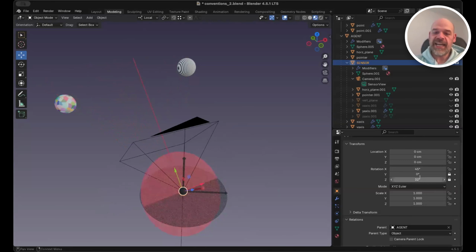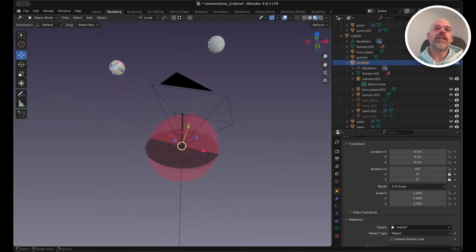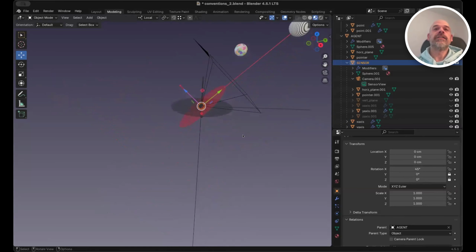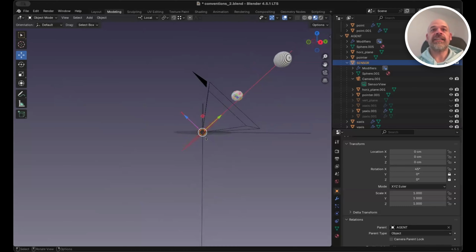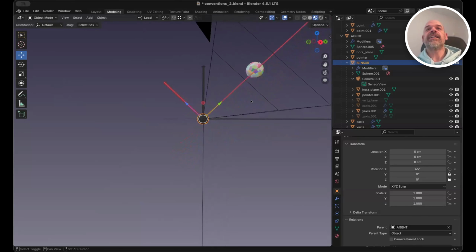I'm gonna reset that. How much would my sensor have to pitch? I'm gonna try to get exactly, dead on like that. Oh, it looks like I don't have to pitch at all. I'm already right on target. Great. So if I just tell my agent to yaw 90 degrees and I don't pitch at all,